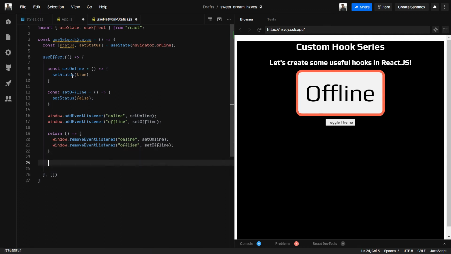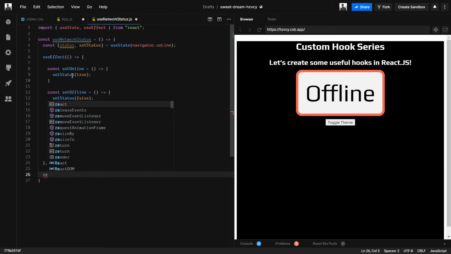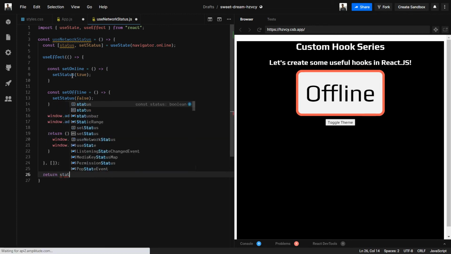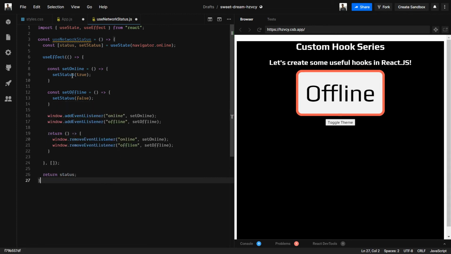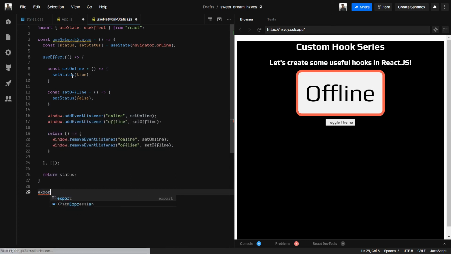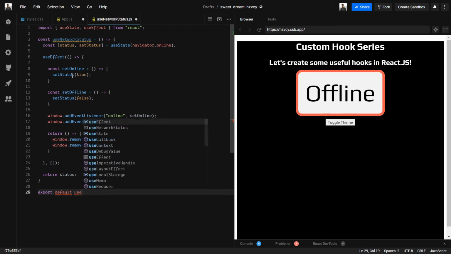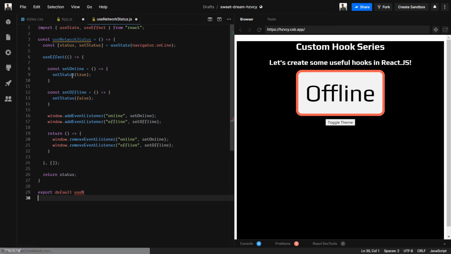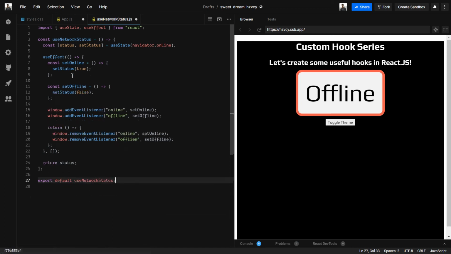And finally, outside the useEffect hook, I will simply return the status. And now we can export our hook. Export default useNetworkStatus. So yes, our hook is basically completed.